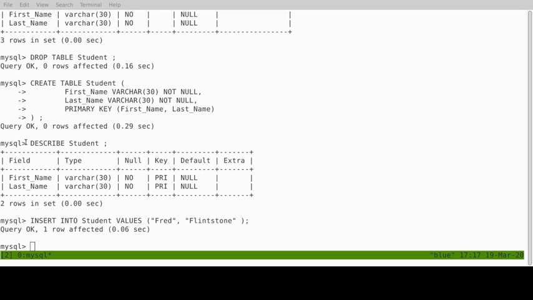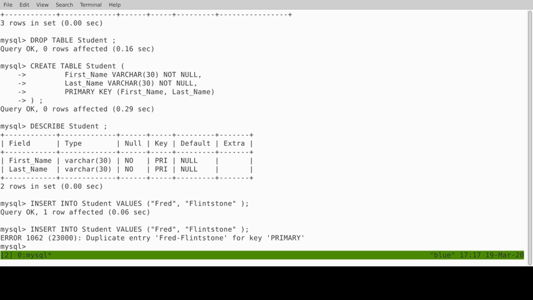If I try to do it a second time, I shouldn't be able to do that. Why should I not be able to insert that a second time? Well, because the primary key has to be unique, okay? And so you can't have this primary key repeated twice. And so if I hit enter, it gives an error and it says duplicate entry Fred Flintstone for primary key,